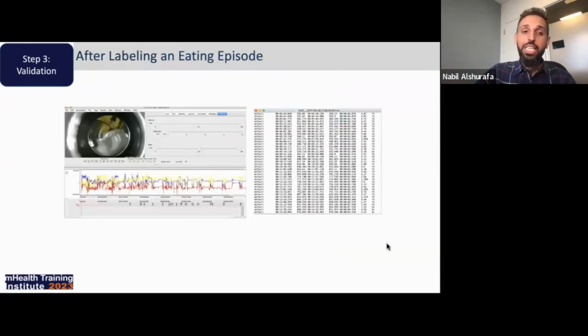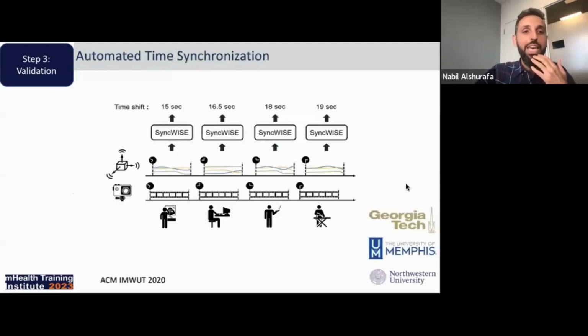After labeling an eating episode, you then have this file that's generated with start and end times, as well as duration times, and the labels of whether they were from the dominant hand or non-dominant hand, and whether it's feeding or drinking gestures.